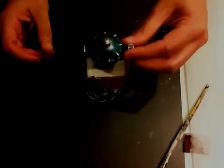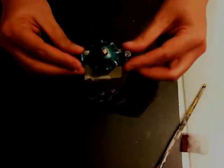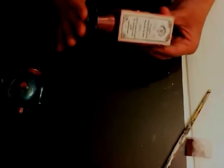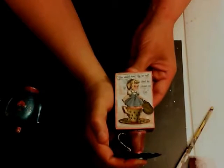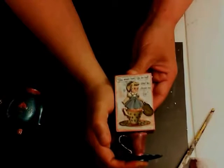So while that is drying, I'm actually going to glue the teapot on top. And then we're going to decorate around it. But before I do that, I need to hold this for a minute so you guys can look at it. There. If I can get my hand out of the way. I may have to break out the hot glue gun. The one side is set, but this side, the front and back piece isn't, so...